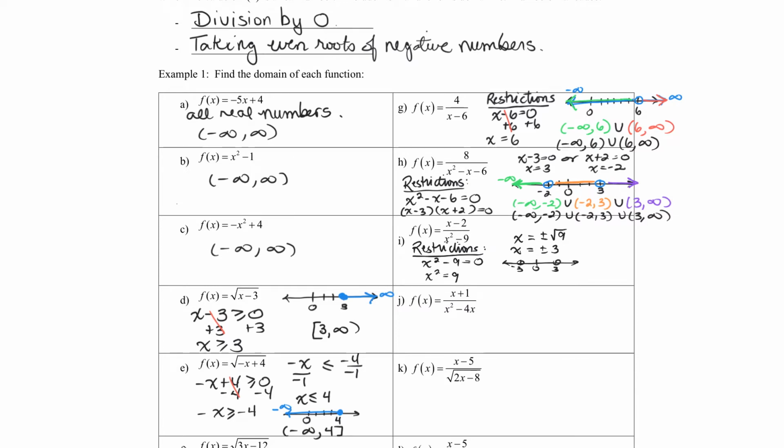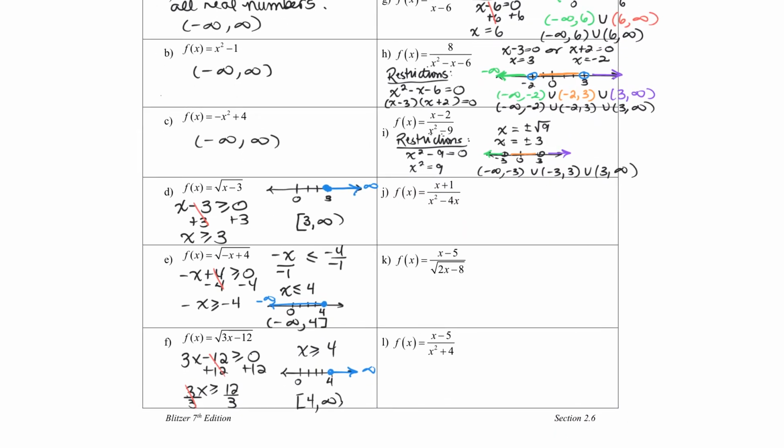So looking at that, I'm going to have everything to the left of negative 3, everything between negative 3 and 3, and everything to the right of 3. And so my domain is going to be from negative infinity to negative 3, union, negative 3 to positive 3, union, positive 3 to positive infinity. All right, one more example. In J. And this one is just to remind us of our